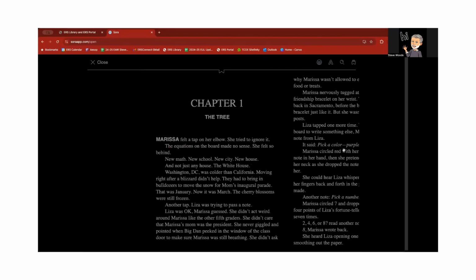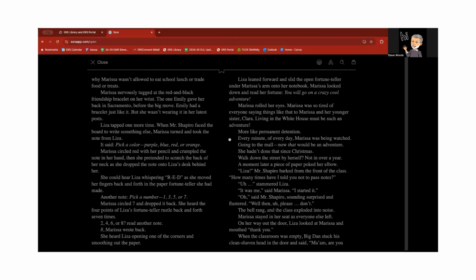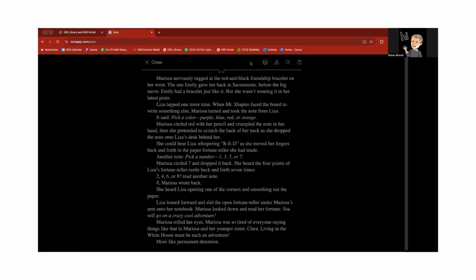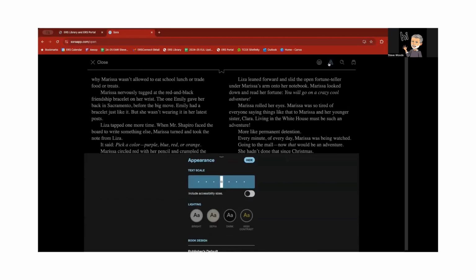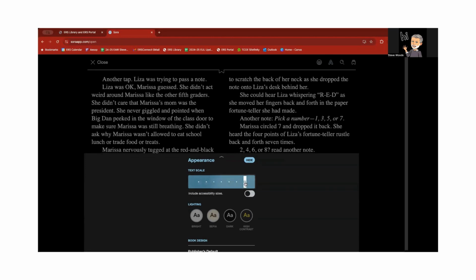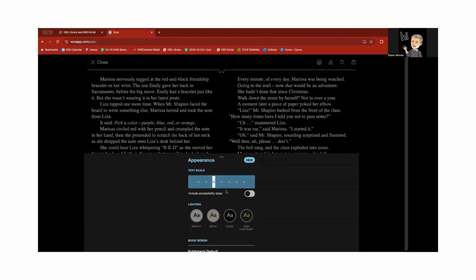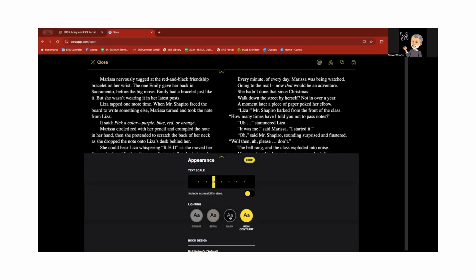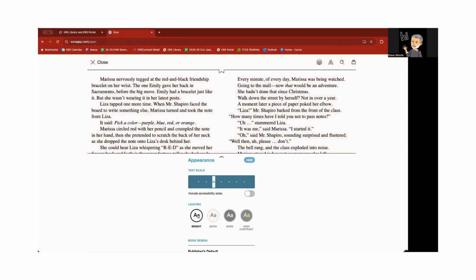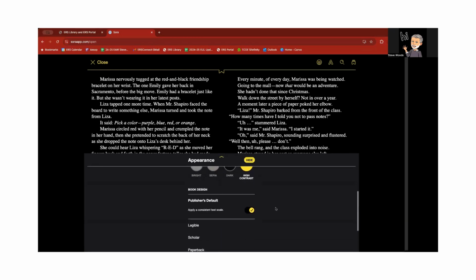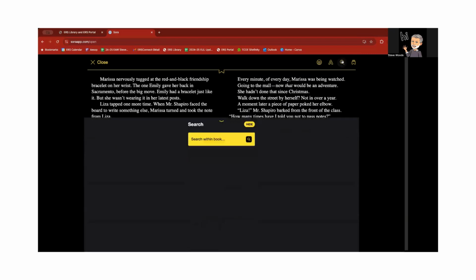Now, if I move on to that next page, then you'll see what this looks like. 2 different pages, reading down, then reading down. If I just want 1 page at a time, just toggle right here. Also, font. If you want the font to be bigger, or you don't mind the font being smaller, you can make those adjustments. You can also include accessibility sizes if you want to change the contrast. You can do that as well. You could search within a title,